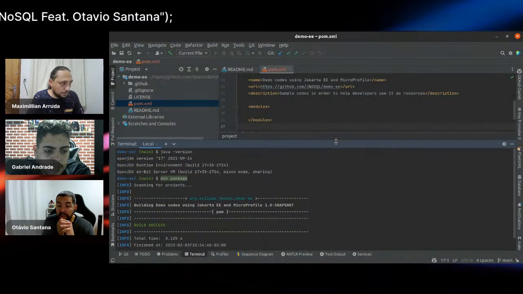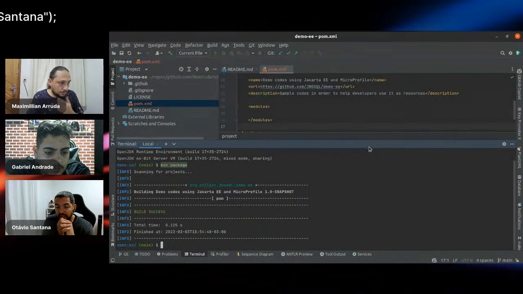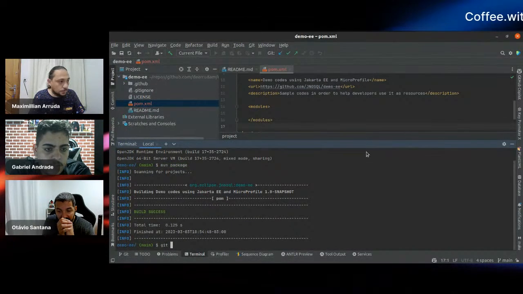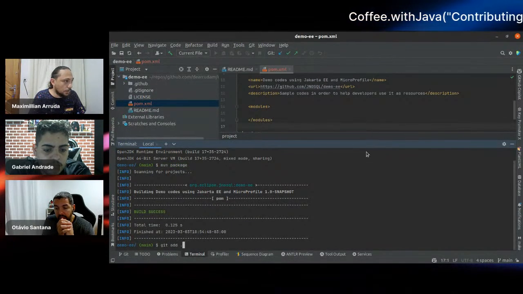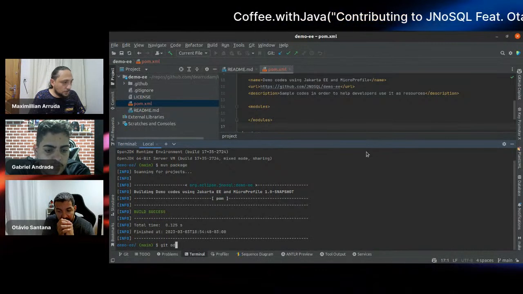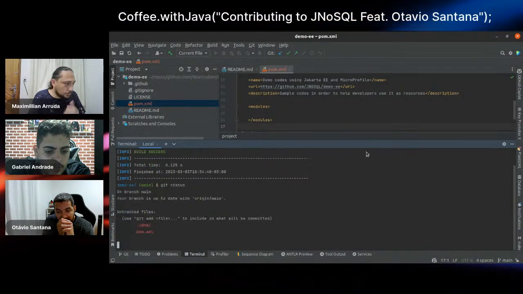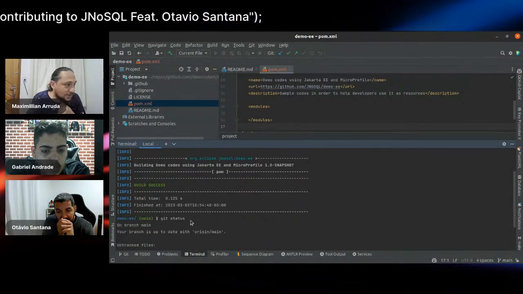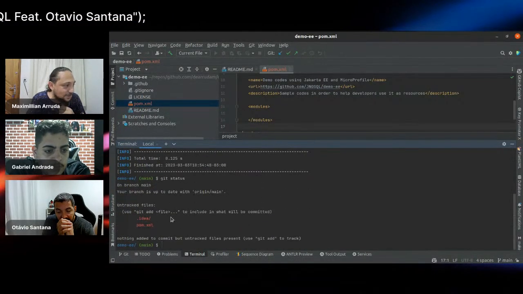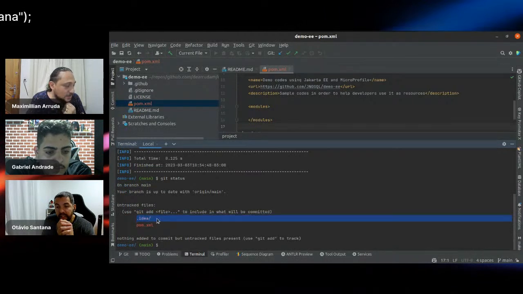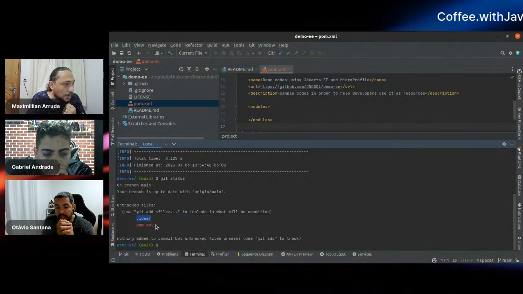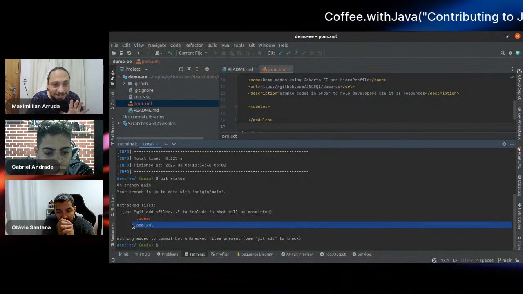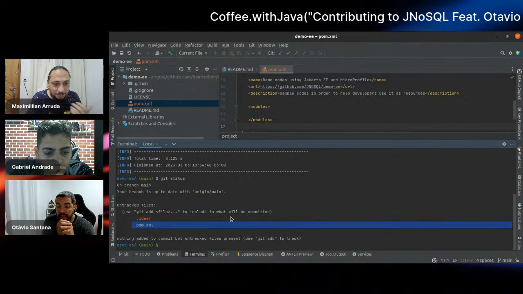It's a good first step for your commit. So you can do this kind of commit right now. Perfect, so I will do that. First of all, Otavio, I used to type git status before because I'd like to see what I'm adding to the commit. Well, I add only the pom. I'm not adding another one.